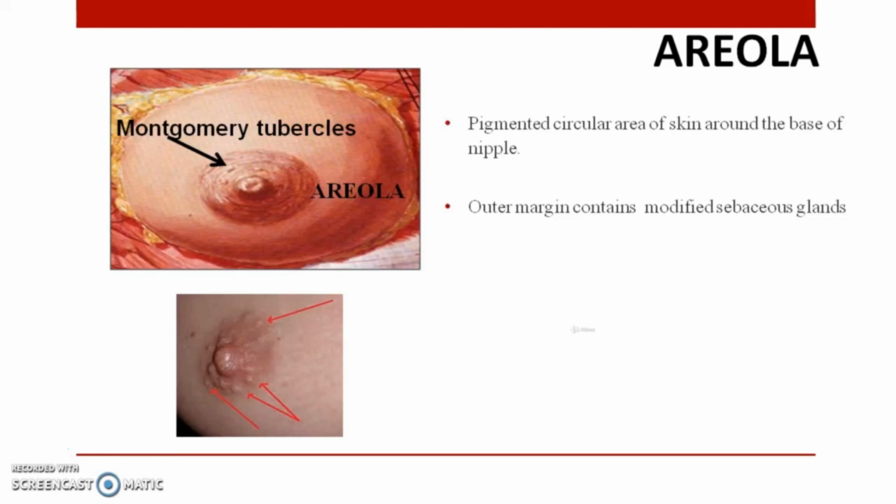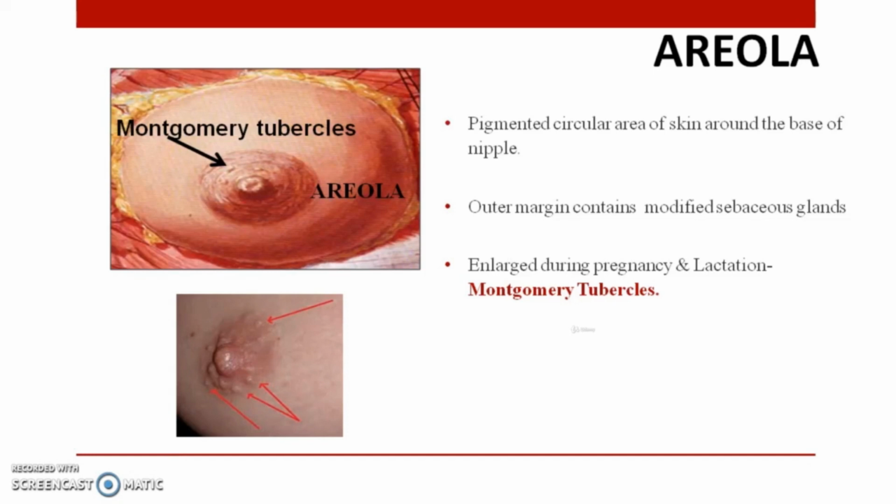In that we will be having the areola, lateral margin, which has modified sweat glands. The thing you have to remember: the modified sweat gland is the mammary gland, and modified sebaceous glands will be seen in the areola's outer margin. It is enlarged during pregnancy and lactation, and so because of the enlargement seen in the outer margin, that is